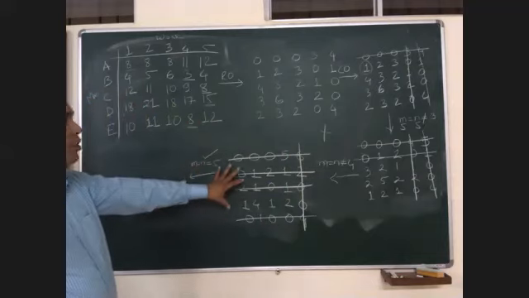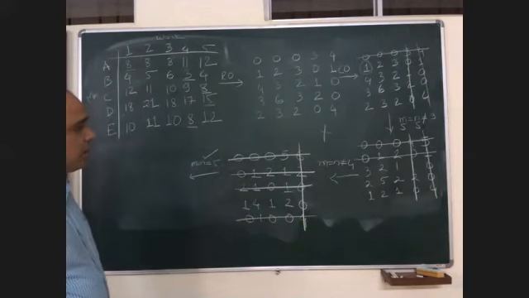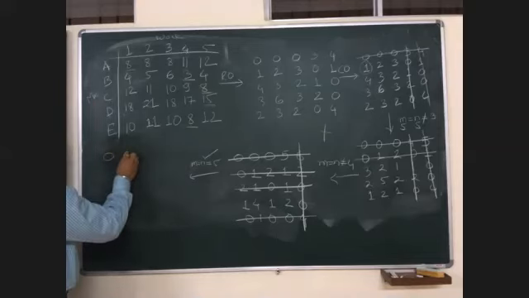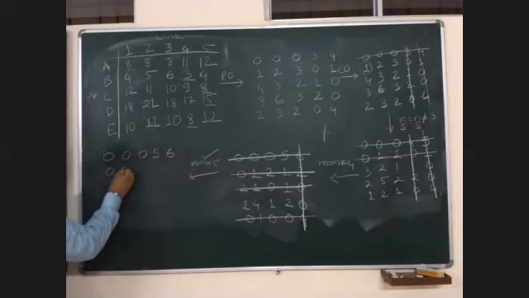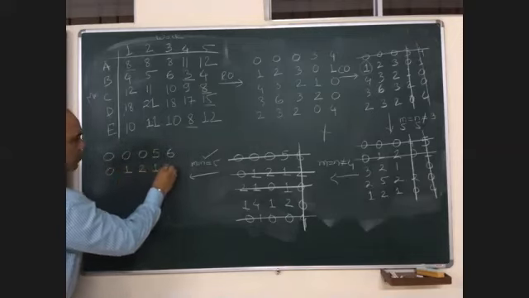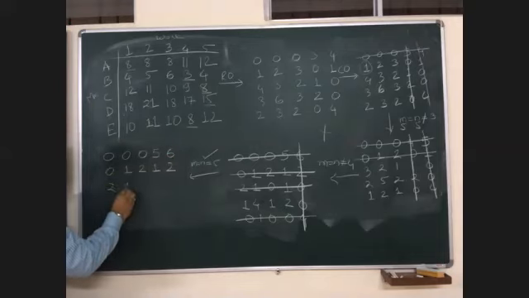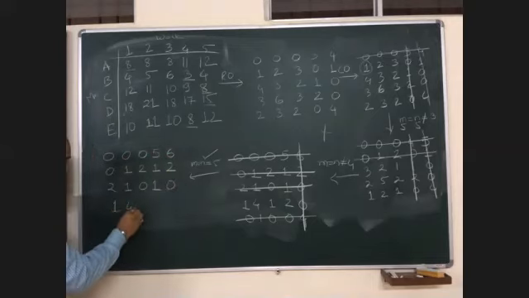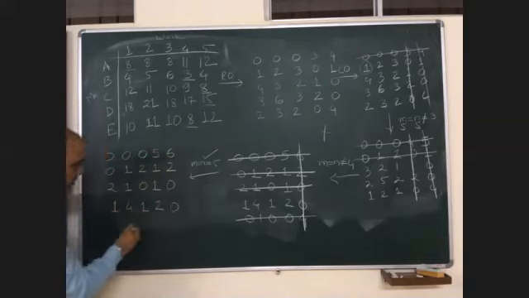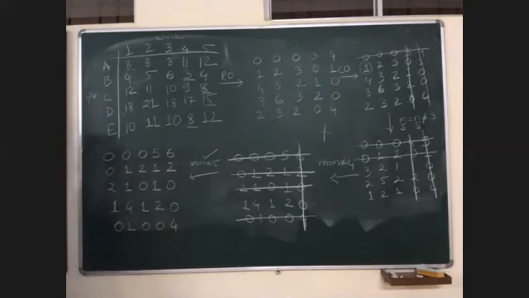Five lines. It means we got the assignment. We got the answer. Final assignment. I'll rewrite the problem here. 0, 0, 0, 5, 6, 0, 1, 2, 1, 2, 2, 1, 0, 1, 0, 1, 4, 1, 2, 0, 0, 1, 0, 0, 4. Right? Of course, you need to write these nomenclatures. Always. For all, you need to write this.